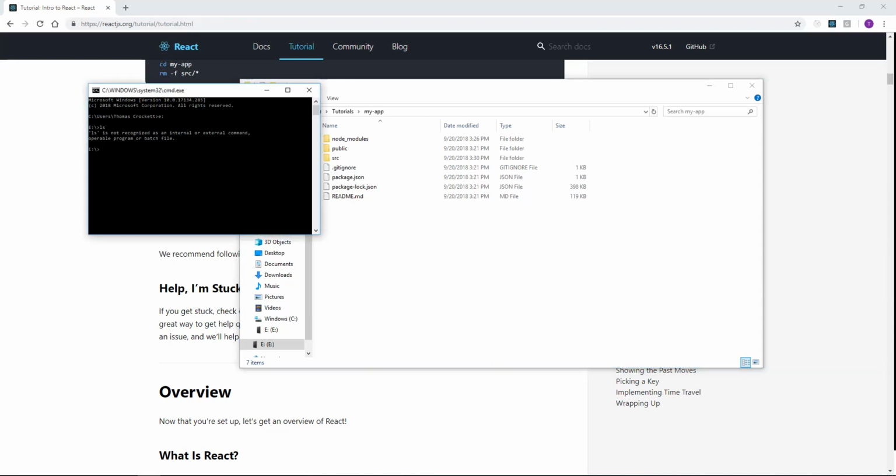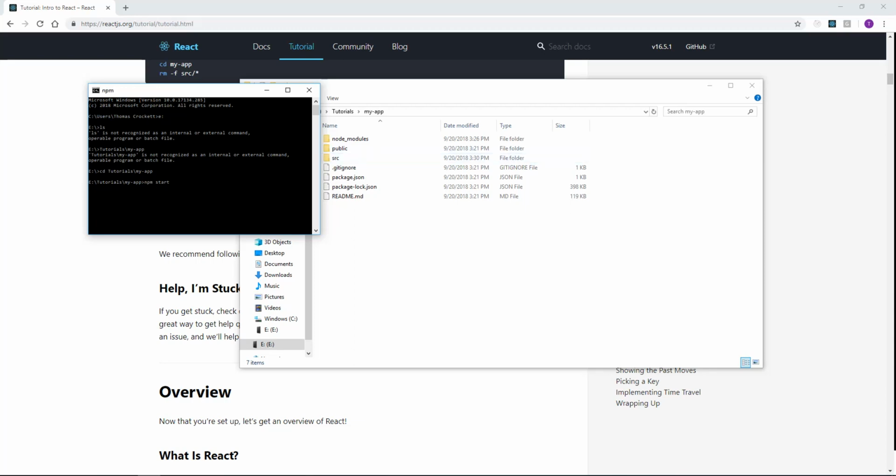That's fine. I know where we're going. Tutorials slash, needs to be a backslash there. My app. Oh, my bad. Change directory. Don't forget that part. There we go. Now we can go npm start,